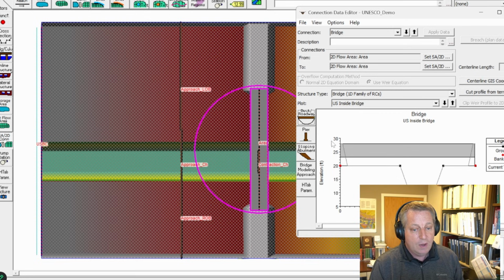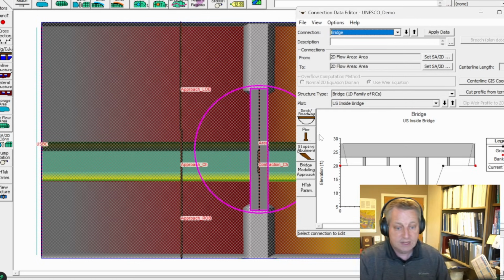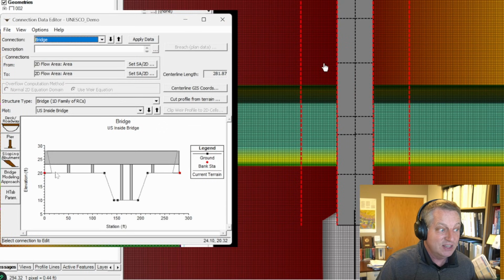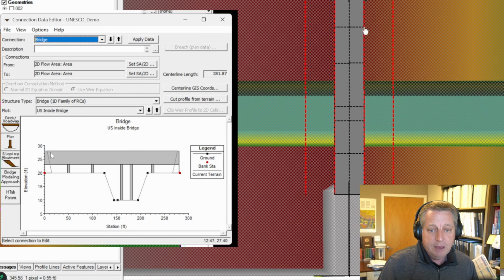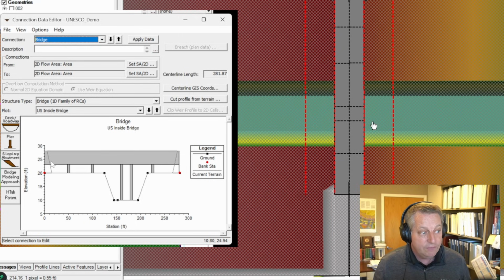The next thing I'm going to want is piers. And so if I come in here and I say pier, this is my pier editor. So now we have our piers, and this is brand new. We actually just added this week. Now you can see the bridge, but also you can see these dotted lines are where the piers are. And that's because best practice in bridge modeling is to have all of your elements in both the terrain and